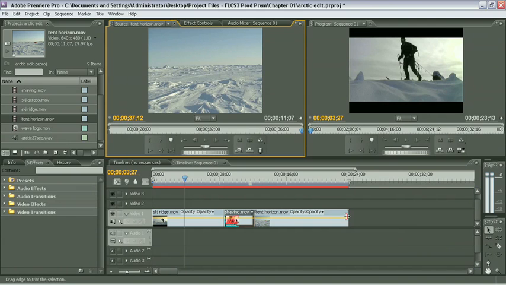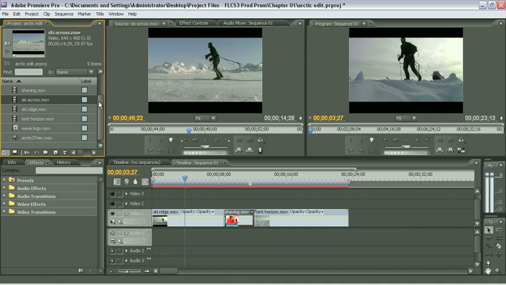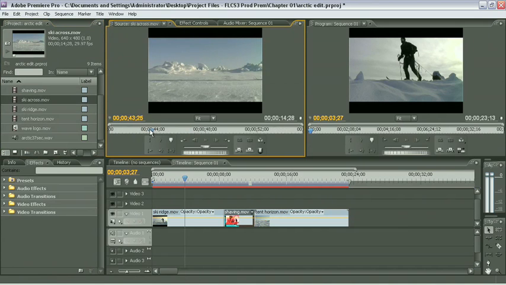After our tent clip, we're going to go into that ski across movie clip. I'll double click to bring it up in the source window, and in this one he's just dragging his sled right across the frame. Now for in and out points on this one, I'm really only interested in the portion of video where Wave is actually in the frame, so let's just drag it back until he's just entering the frame at the beginning. There I can see his skis just dropping in at the beginning, so I'll set that as an in point,